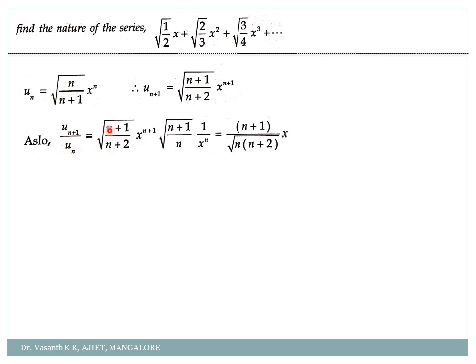If you check properly, what is root x into root x? Is it not x? Same way here, root of n plus 1 into root of n plus 1 is n plus 1. Okay. And here x power n will get cancelled, 1 x will remain. And in the denominator, what will remain is root n here and root of n plus 2 here. So I am writing it as totally whole root of n into n plus 2.